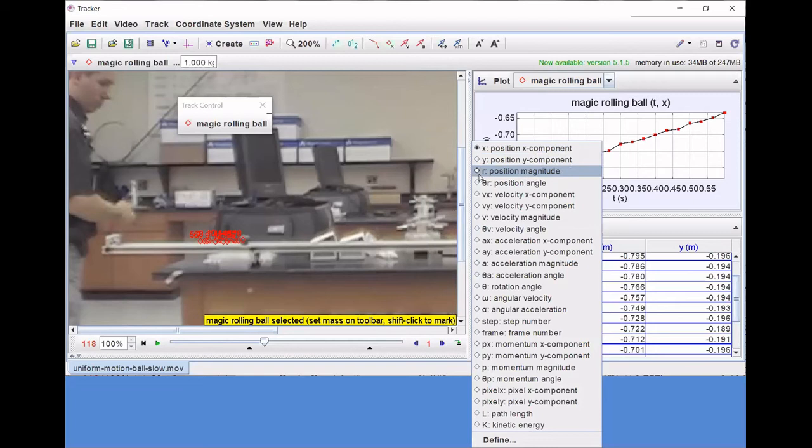I could plot the distance from the origin. It will even calculate velocities for you. That's important for this lab. In the written lab instructions, which are posted in the assignments page on Canvas,